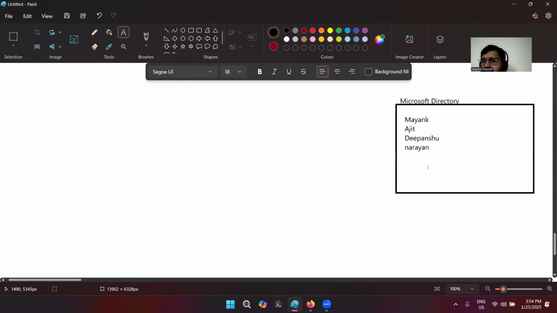So these are the users present inside my directory. Now these users can access different platforms like Power BI, Power Apps, portal.azure.com, or Entra sites. Now, when we come to portal.azure.com,